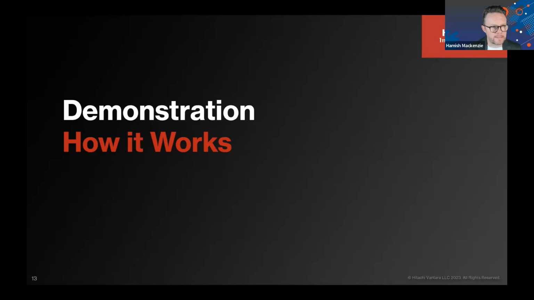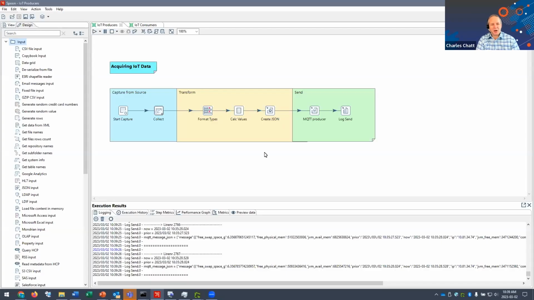Perfect. All right, so let's get started with the demo. I'm going to go quickly, but just a couple of demos here. Let me start off and just level set. What I'm going to show you here is part of our Pentaho platform. For those who've worked on the data integration and analytics side, this is the same open source, open architecture tool released well over 15 years ago, right?